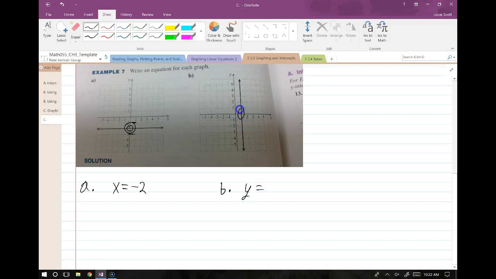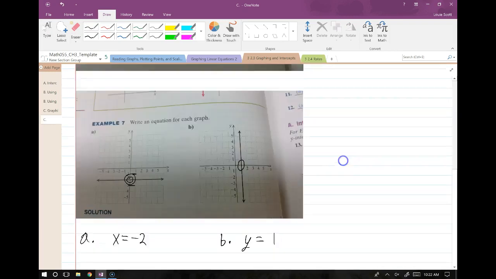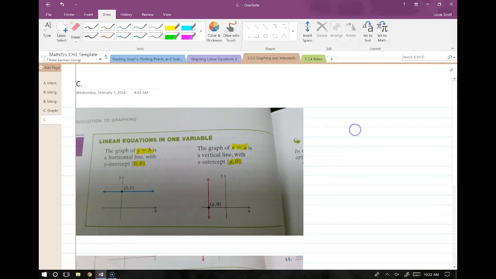All we need to do is identify what that y point is. Well, it's one tick over from 0, so this is a y equals 1 line. That's it. That's how we identify what the graphs of these are. All right, so that was